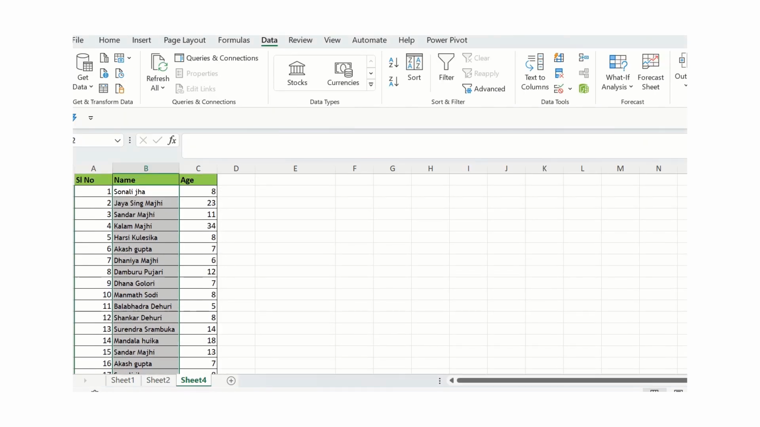This is the example of a few records here. We have the serial number of particular students, a group of students. Among the students, there are some duplicate records. So we'll check which duplicate names are available among this list. For that, to check that,